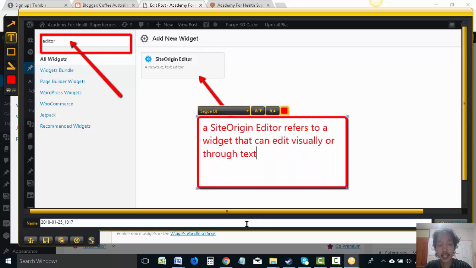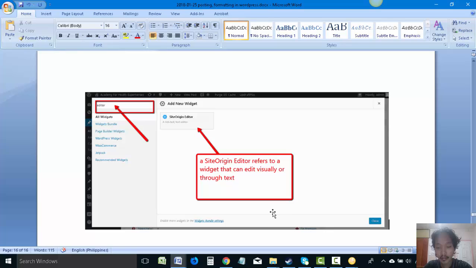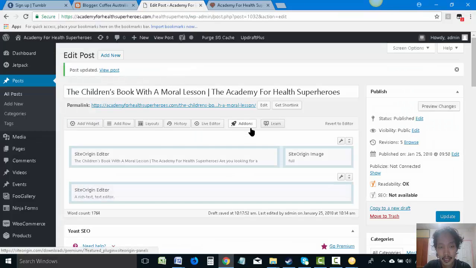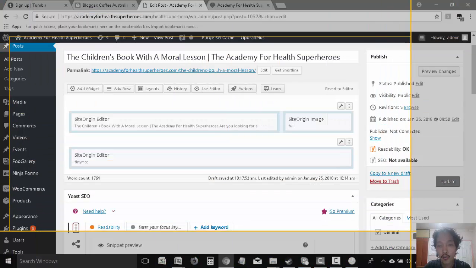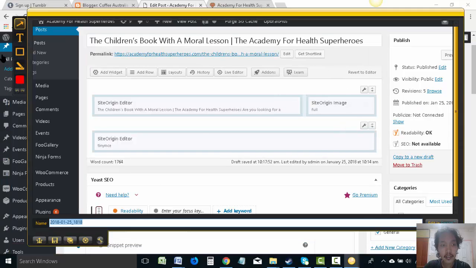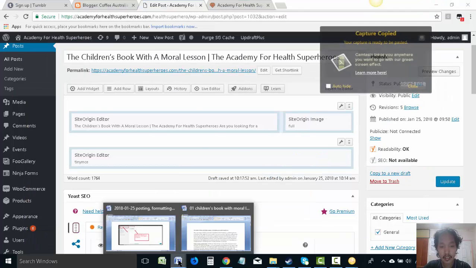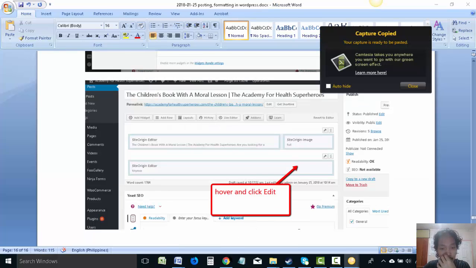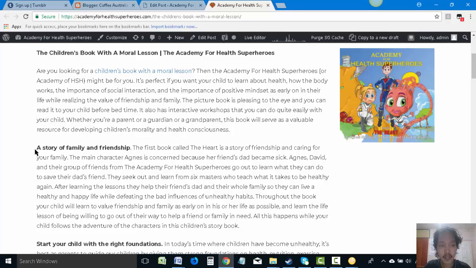So, yun yung mga nakita ninyo kanina na editor na pwede tayo mag-type, pwede tayo mag-copy paste. And choose that. And now we have an editor here. So, just hover and click edit. So, may lalabas dito na edit. Hover and click edit. So, click edit there, and dito nyo pwede i-copy paste yung gusto nyong ilipat na content, which is from here